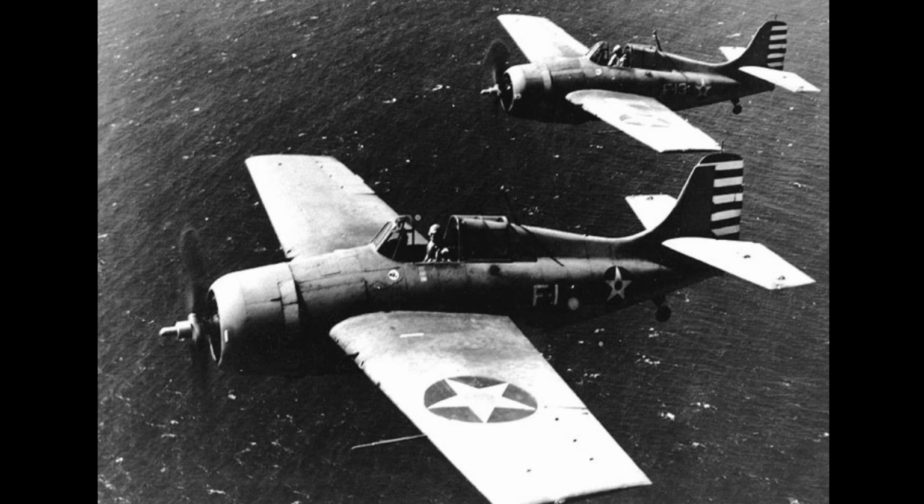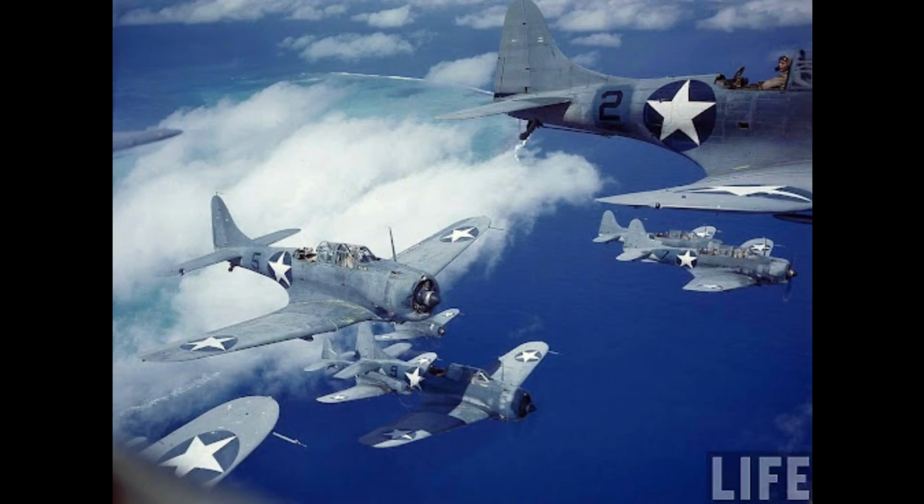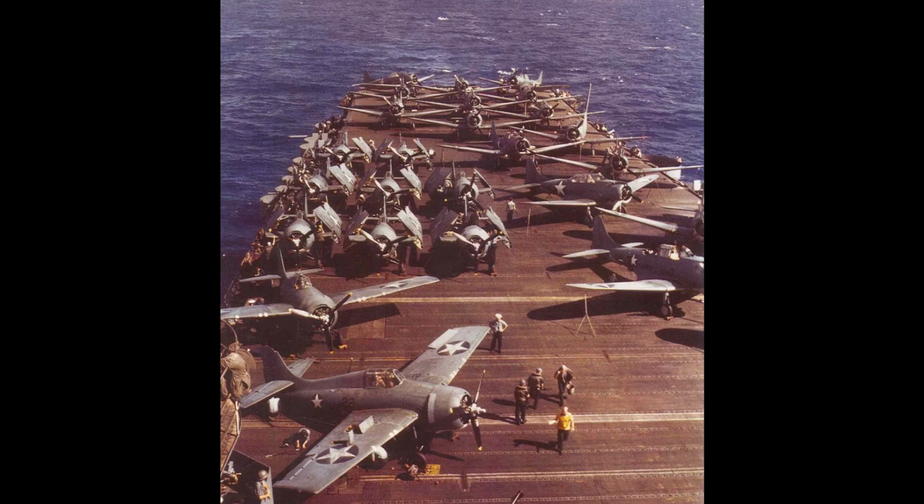The Wildcats strafed Japanese installations on Tulagi, Gavutu, and Tanambogo, while the SBDs made quick work of fortifications and installations on Florida Island and Guadalcanal. The Japanese were caught flat-footed by the attacks and offered very little in the way of resistance. Wasp, Saratoga, and Enterprise, with their screens, retired to the south at nightfall after a successful day of strikes over